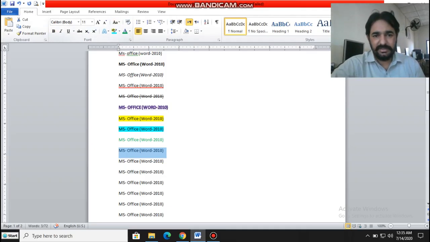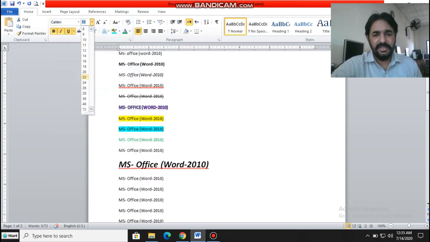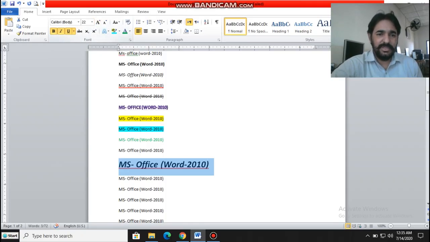So many other options you can perform. You can mix together, you can apply more than one operation on a single font, depending on which type of operation you are performing. You can bold, you can italic, you can underline, you can change font size, you can change theme, and so many others. You can highlight, you can change font theme, depending on what operation you are going to perform.